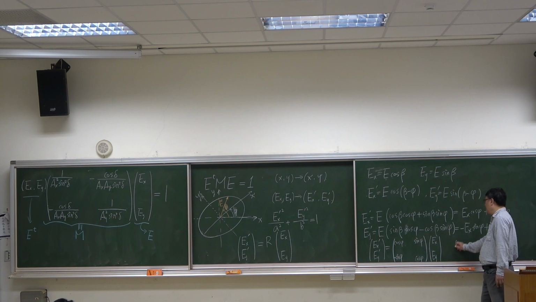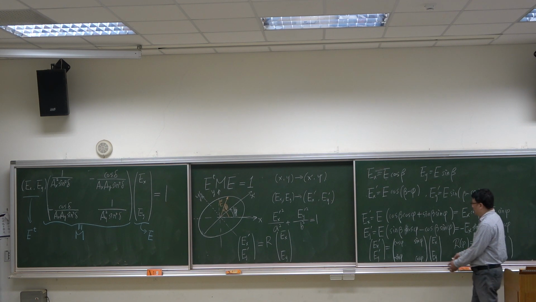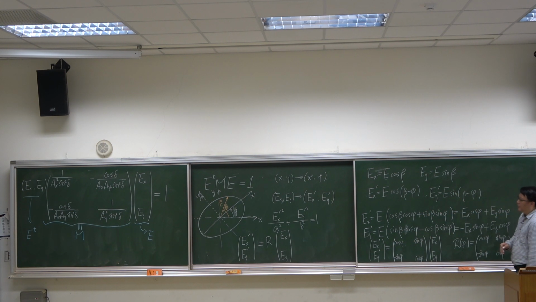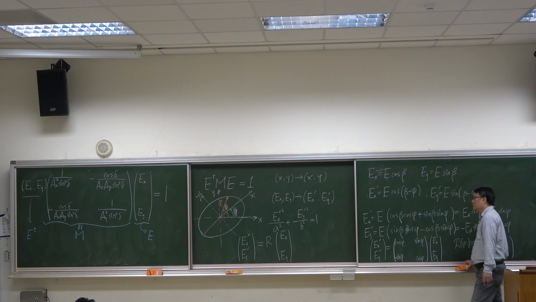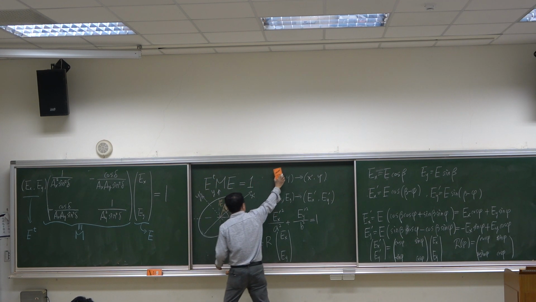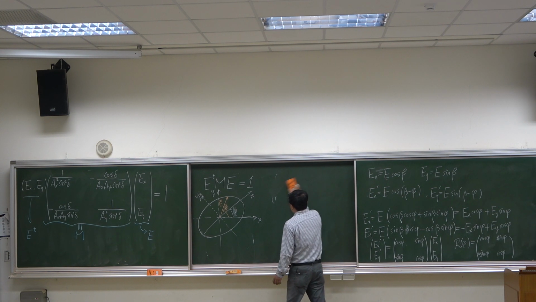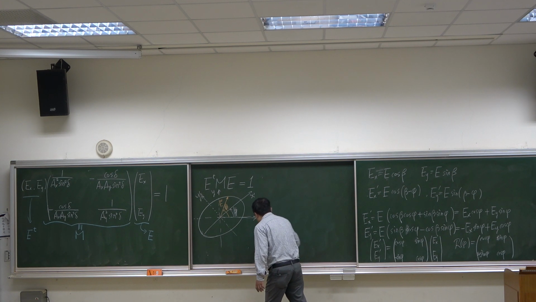So the R matrix, R of phi, is this matrix: cosine phi, sine phi, minus sine phi, cosine phi. This is the R matrix relating the E and E prime representations. Here is a minus sign, okay? So now we know that